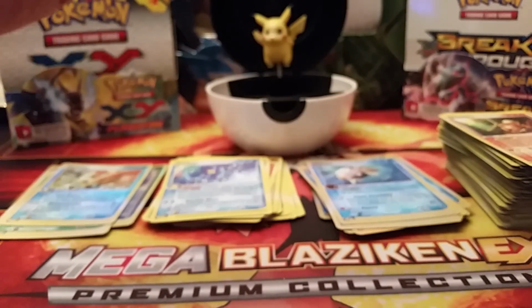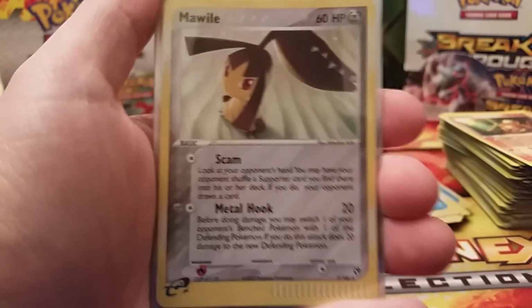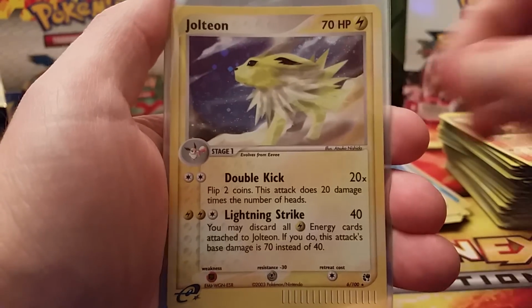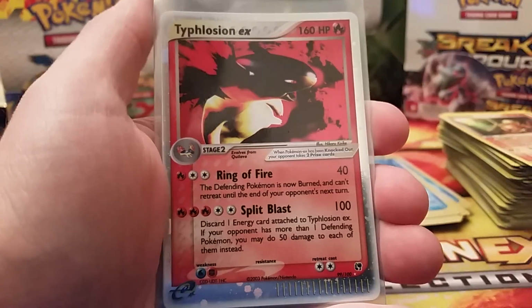Let me go ahead and sort these. Very similar pull rates to the first half of the video, so be sure to check it out if you haven't already. But we did pull 3 foils, this Mawile, this beautiful Jolteon, and this very sinister looking Cacturne, and